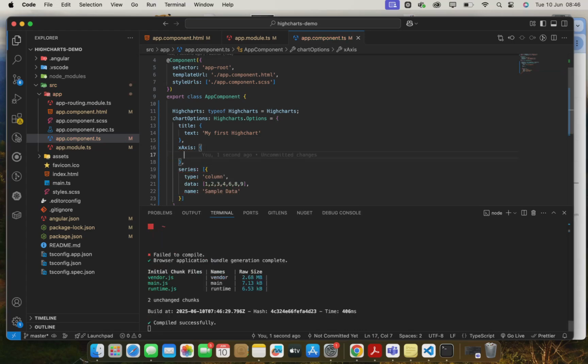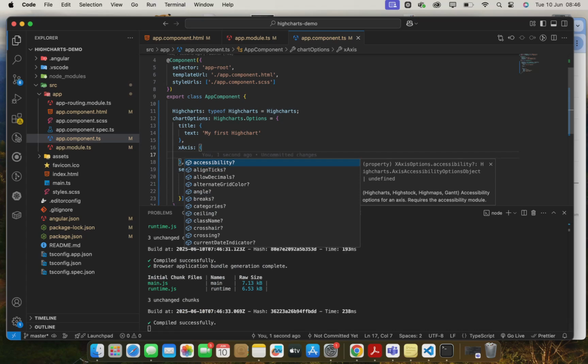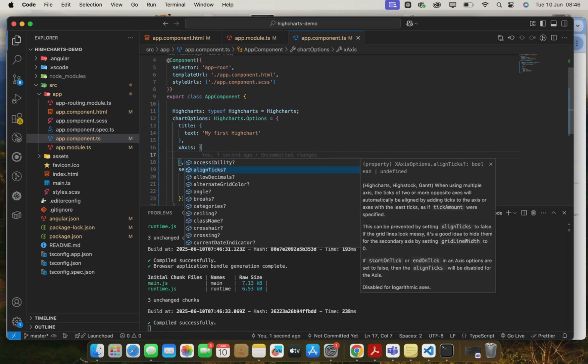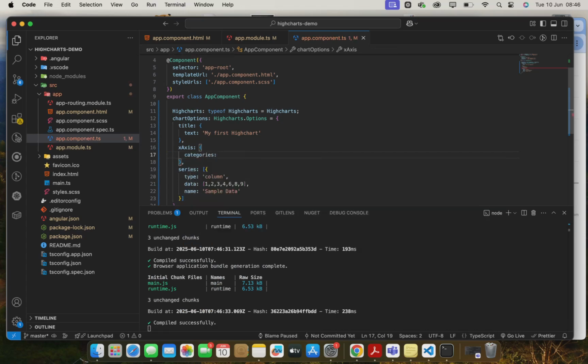if you press control space, this is on my Mac, you get to see different parameters that x-axis expects. One of them is categories. So I could say January, February, March, April,